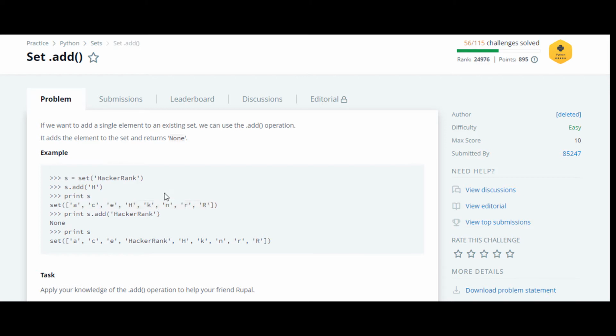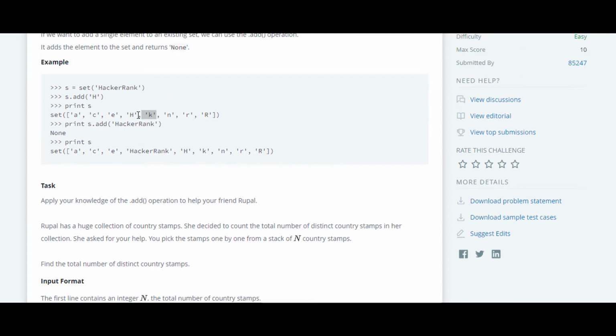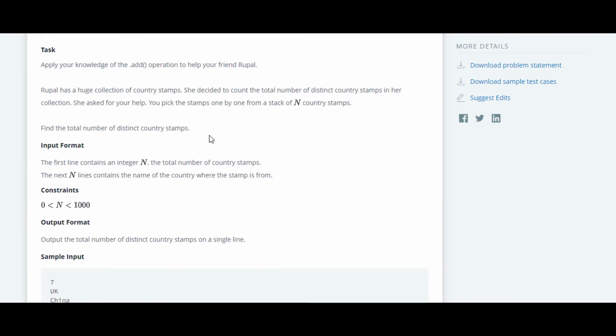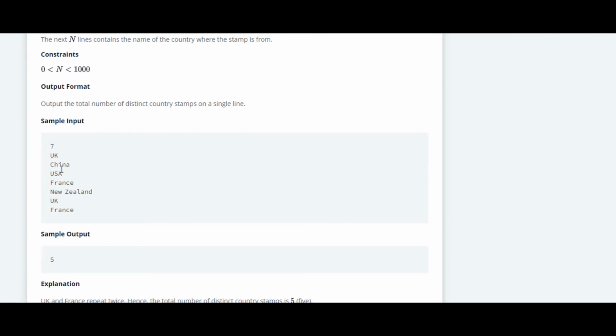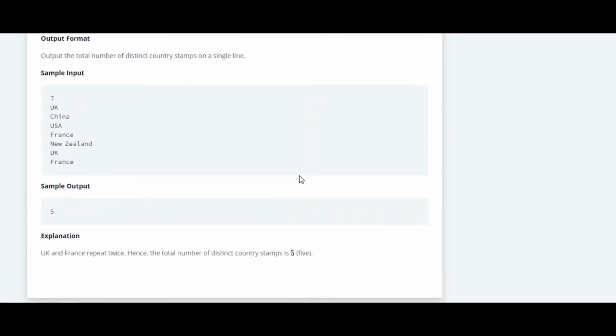As you can see in this word, K occurs twice, but in this set the K is only once. So when we are using sets, it doesn't store duplicate values or duplicate elements. So in this question we are using sets so that we can count France at only one place. So we'll move ahead.